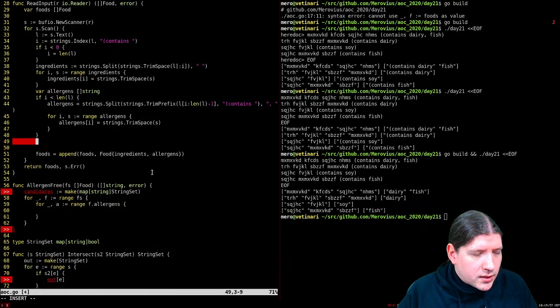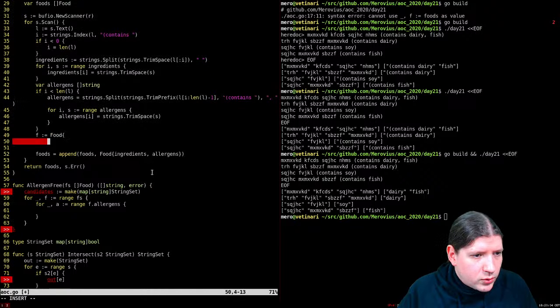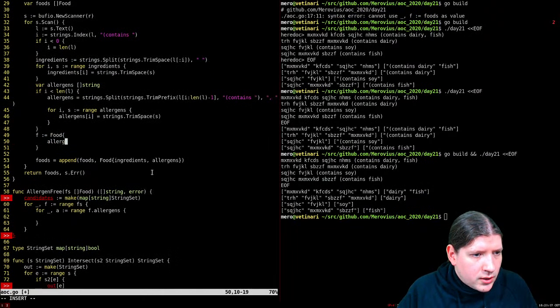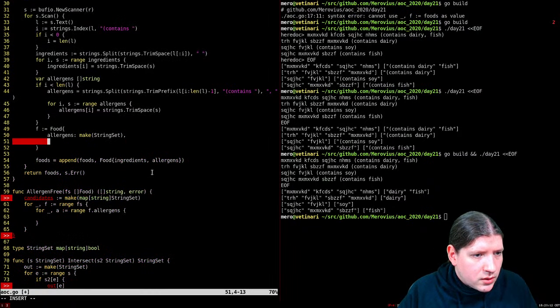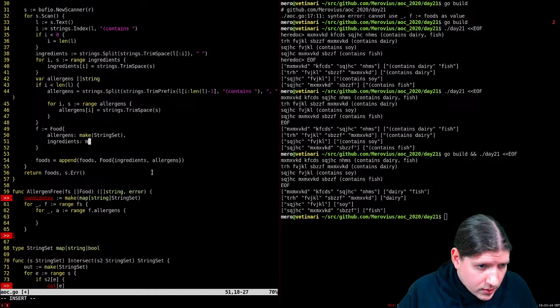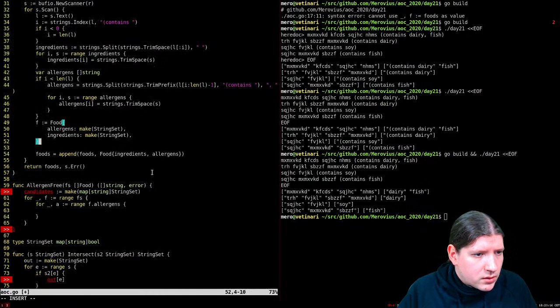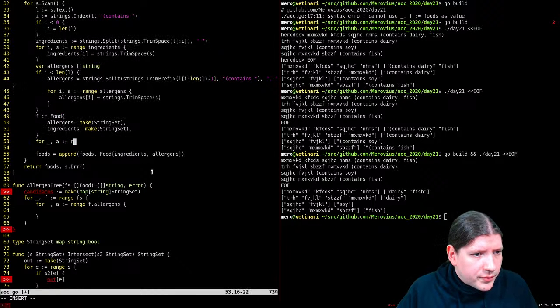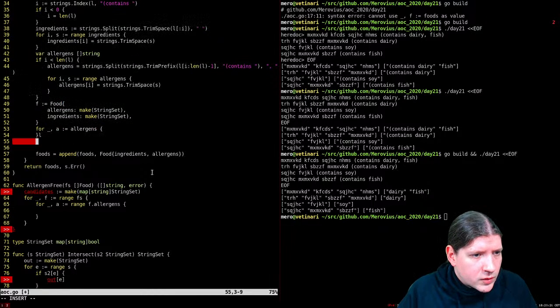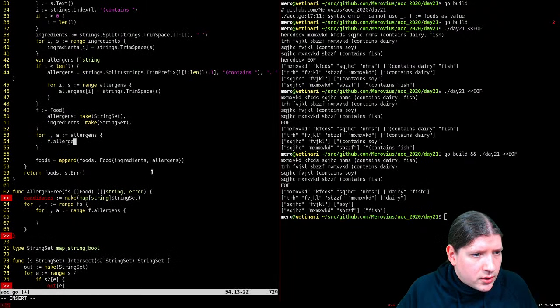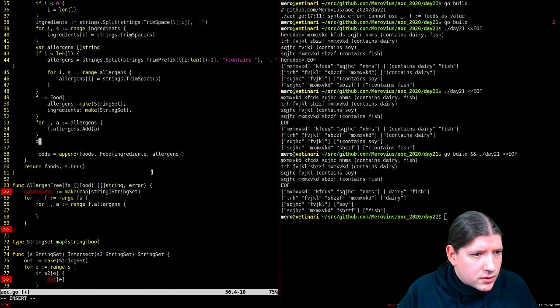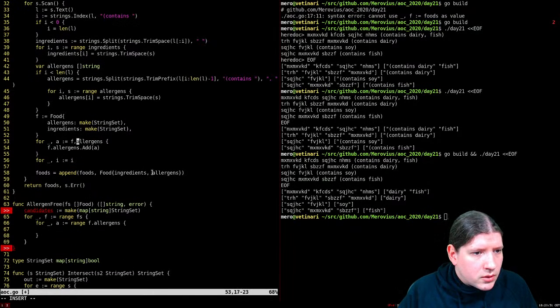And now let's say var f food, f is defined as food, allergens, make a string set, and ingredients, make a string set. For all allergens, f.allergens.add the allergen, and for all ingredients,